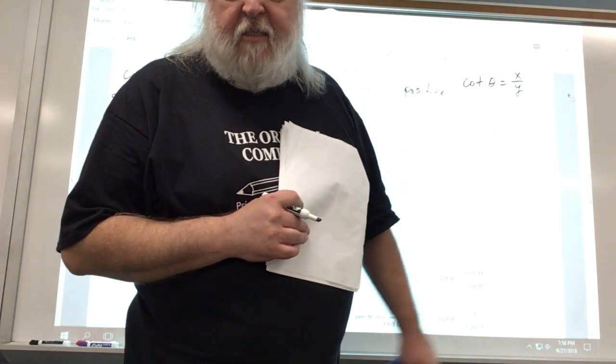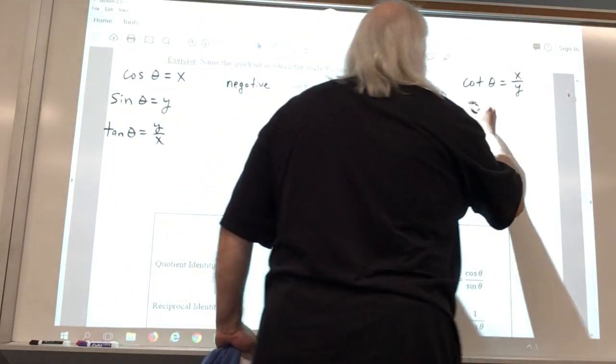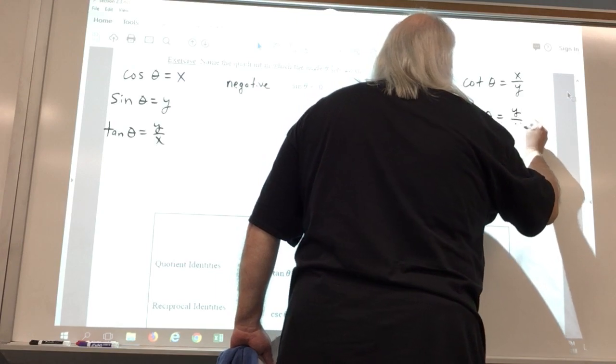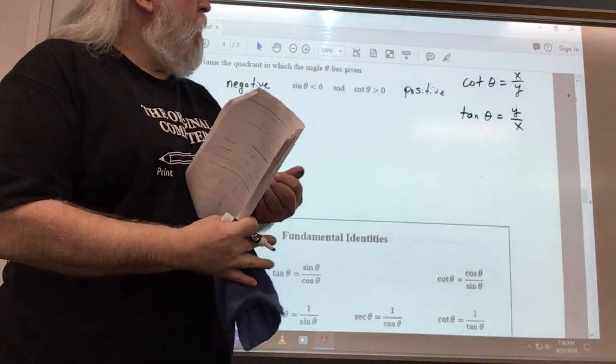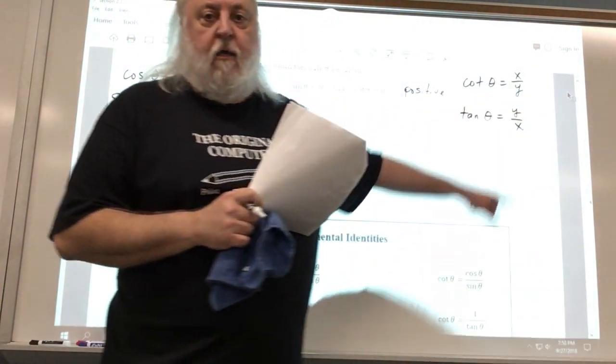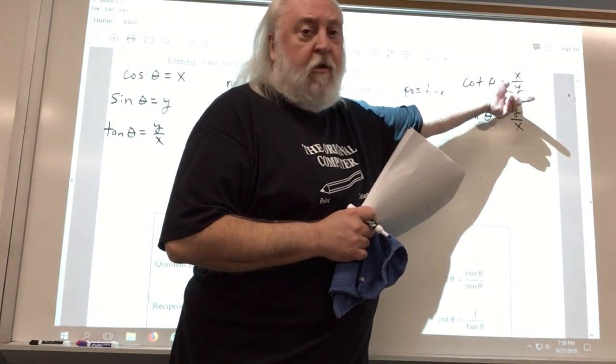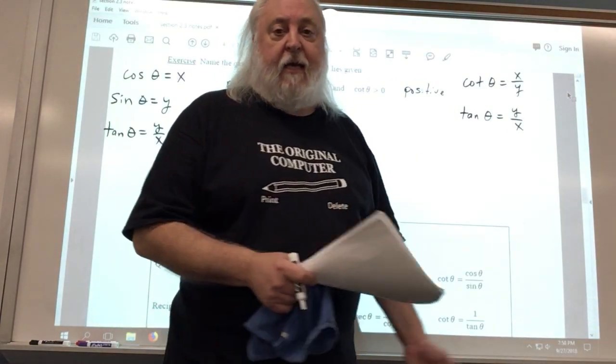Cotangent's the reciprocal of tangent, right? Tangent theta is equal to y over x. So if x over y is a positive number, then the reciprocal of that fraction, y over x, has to